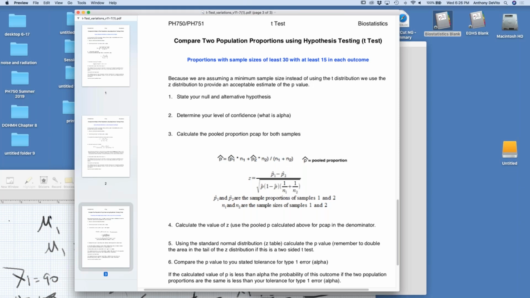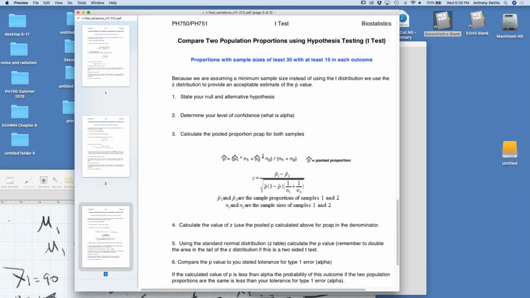In this case, I think what we said was 2,000 or something like that. Okay, so this is basically a weighted average of the two proportions. So you would calculate your pooled proportion here and use it down here to calculate your standard error, divide this into that, and now your only concern is: is it greater than my critical value of z, not t, z,